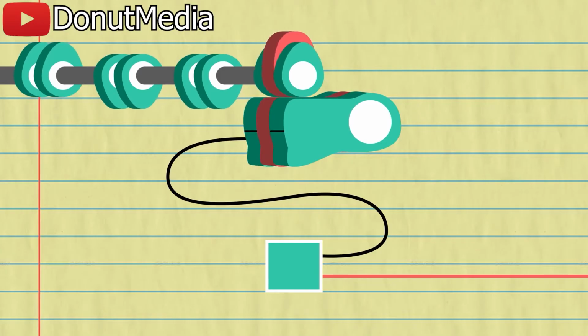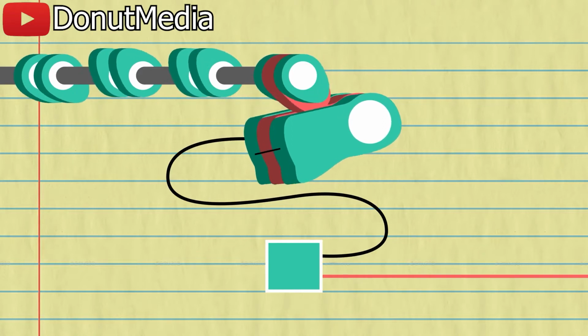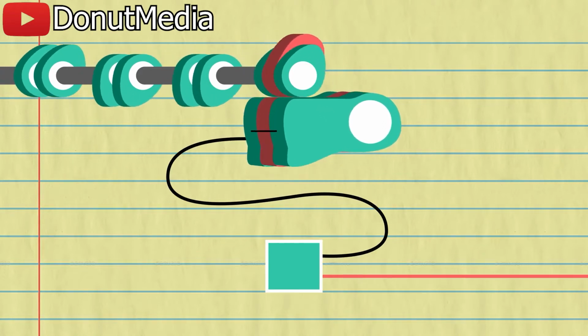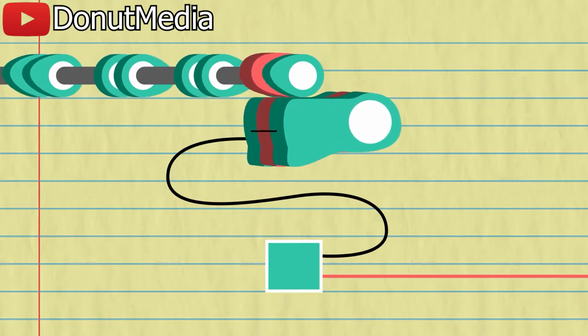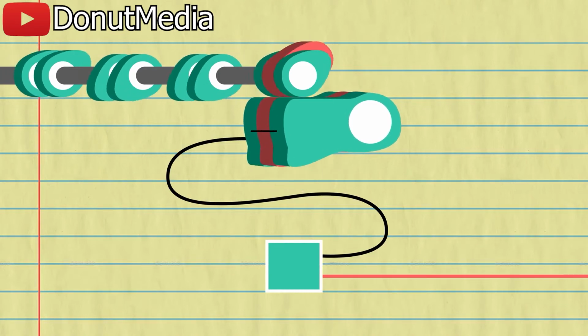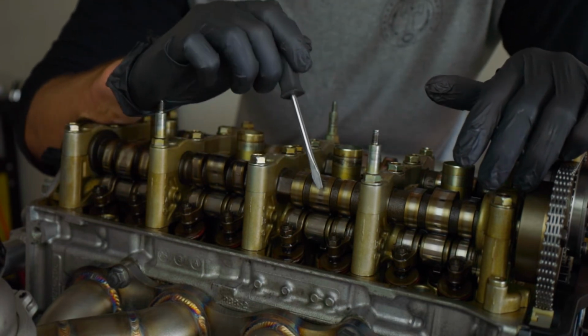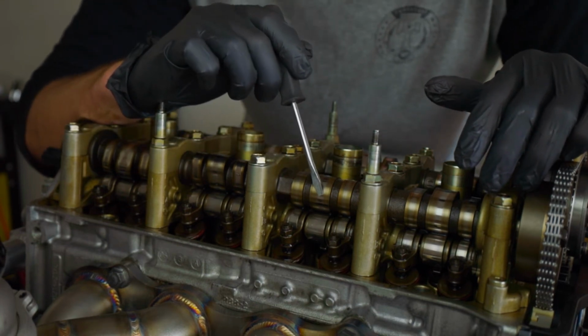And so what that means is that now, instead of riding on the 2 outer rockers, which are smaller, they have less duration and a lower lift, now all of these rockers are effectively being affected by the center larger lobe that has longer duration and a higher amount of lift. So whenever that VTEC actuator locks all three of these rockers, you start to ride on the larger camshaft